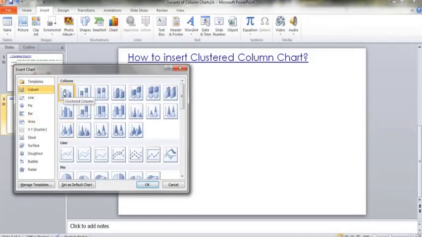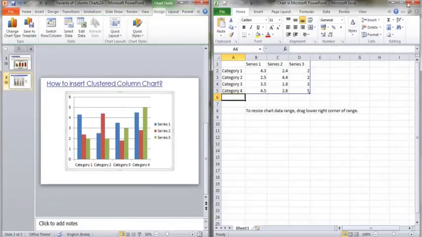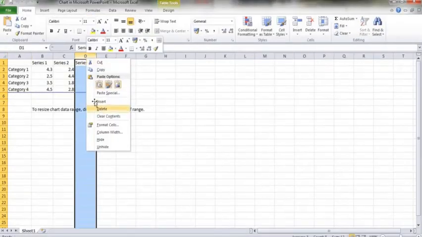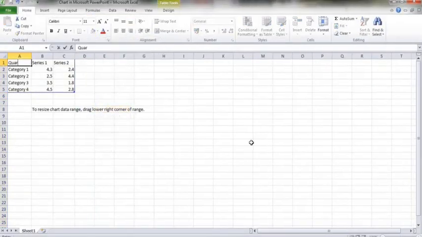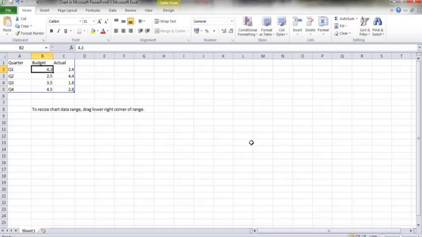Go to Insert tab, click on Charts appearing under Illustration tab. Select clustered column chart and then click on OK. Now we can enter our data points in the Excel sheet appearing. Once the data entry is done, we can customize our chart by formatting the various chart elements such as font, fill color, axis title, legend, etc.